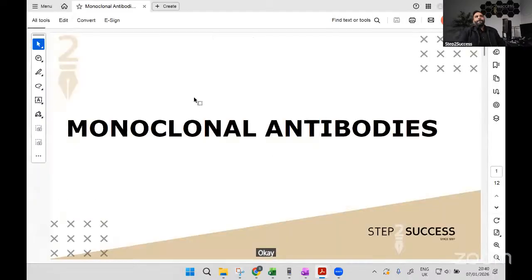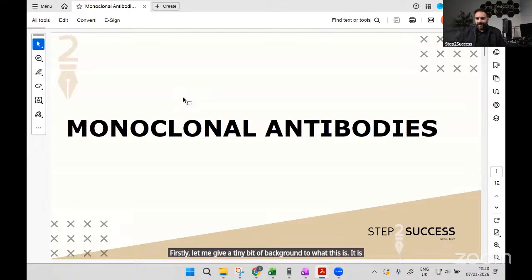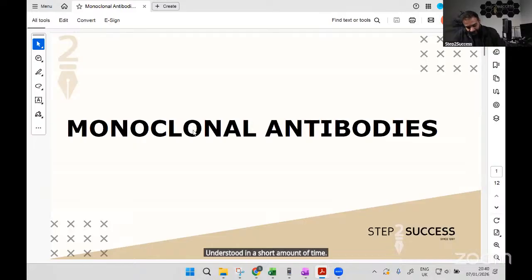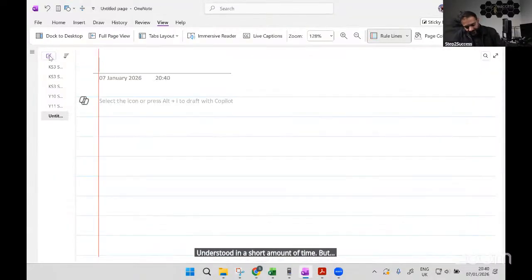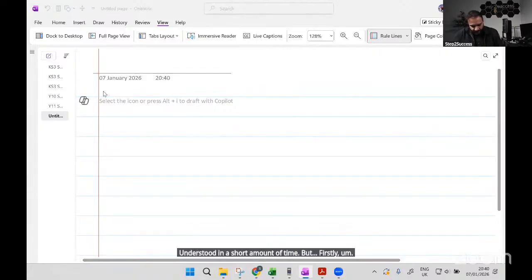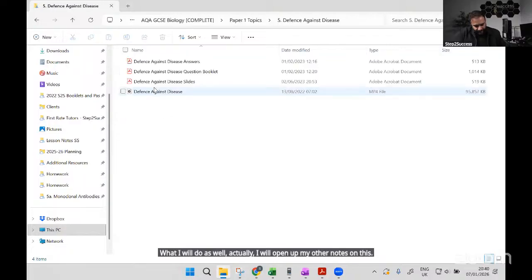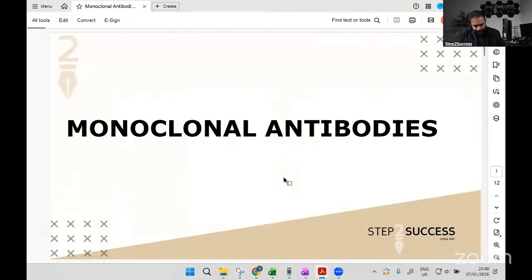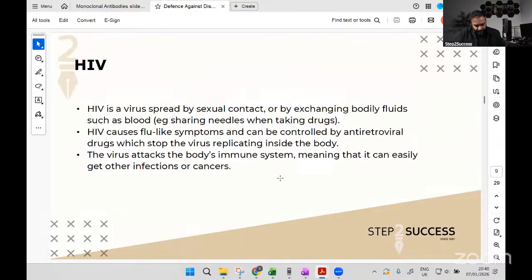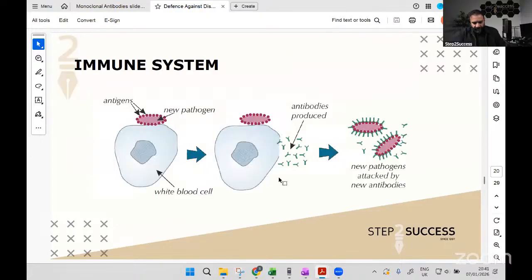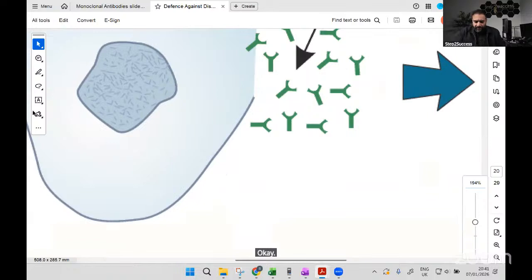Okay. Monoclonal antibodies. Firstly, let me give a tiny bit of background to what this is. It is quite complicated to get your head around, and it's unlikely to be understood in a short amount of time. But firstly, I will open up my other notes on this. What we need to understand is